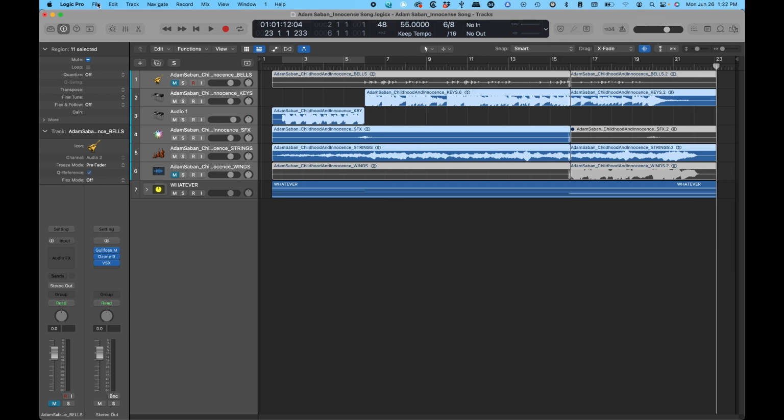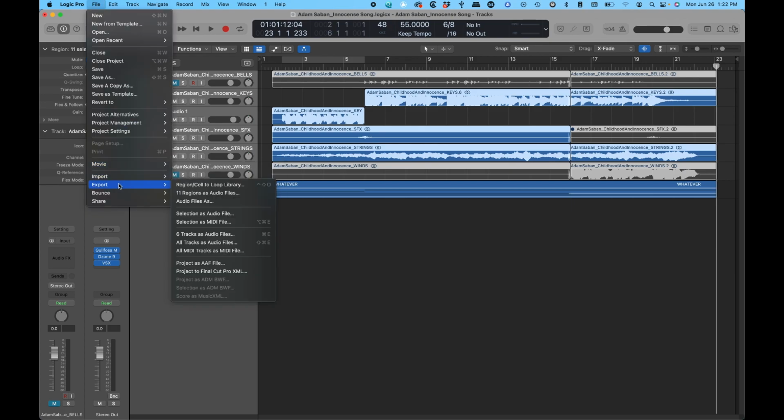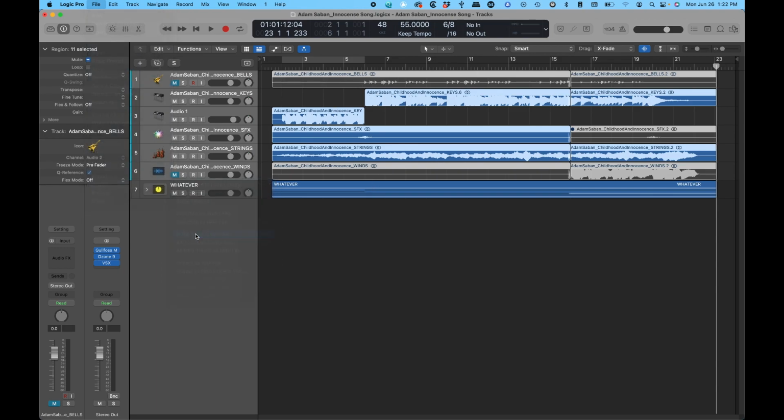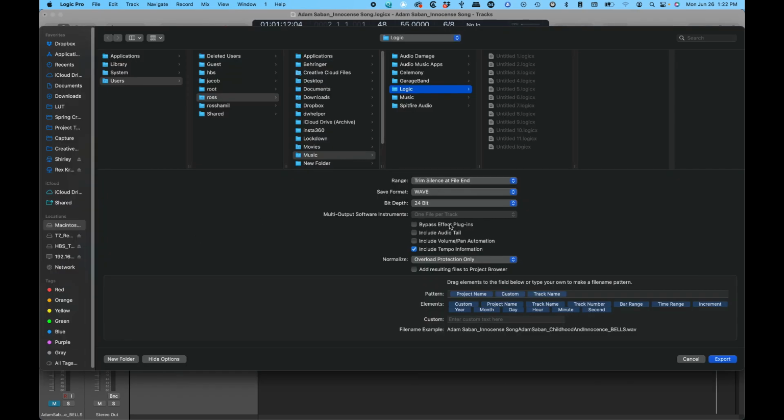And so what we're going to do is go File, Export, 6 tracks as audio files, or you can go all tracks as audio files. That's totally up to you, but since I'm excluding the contents of this track stack, I'm just going to go 6 tracks as audio files, and that number will change depending on how many tracks you have selected. But I'm going to go ahead and hit this, and then